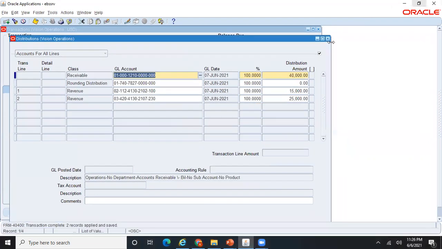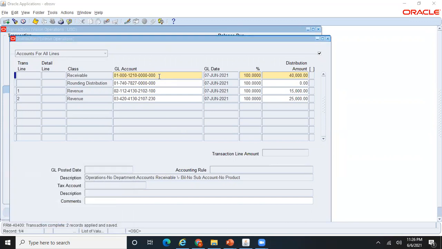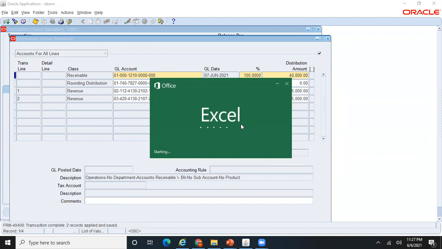Okay, so now I have one receivable account with two revenue accounts. Let me put this in Excel so that you can see how the accounting changes after you run the create accounting.